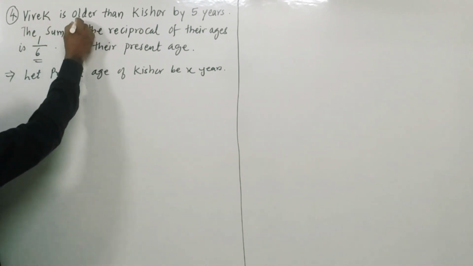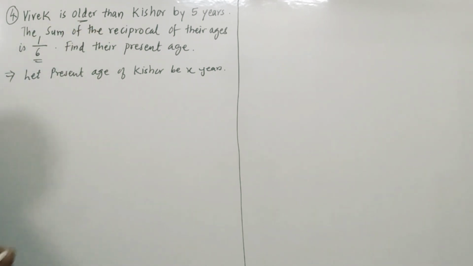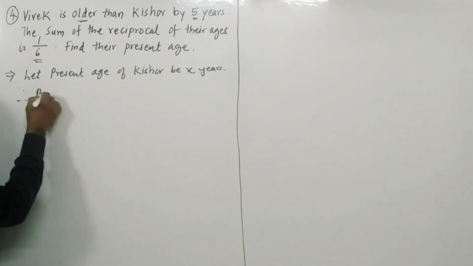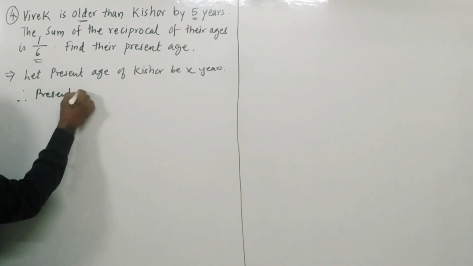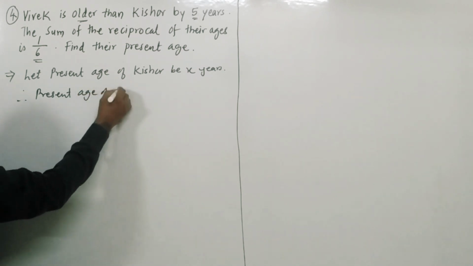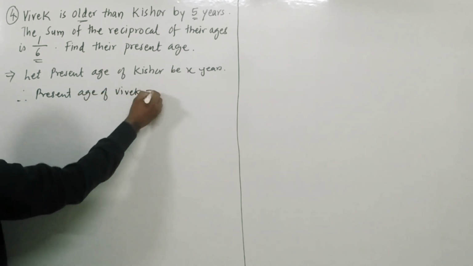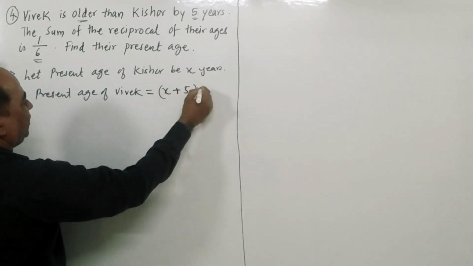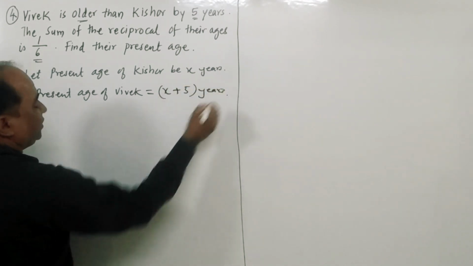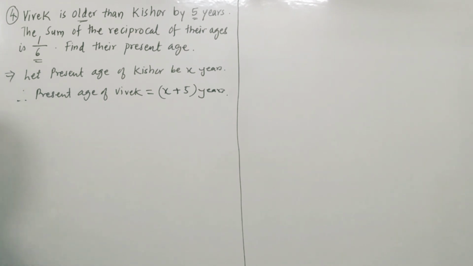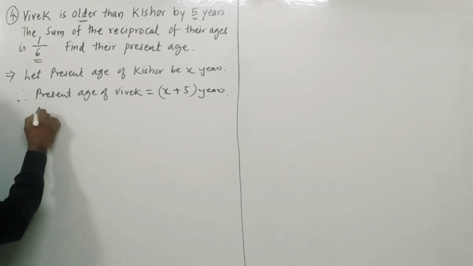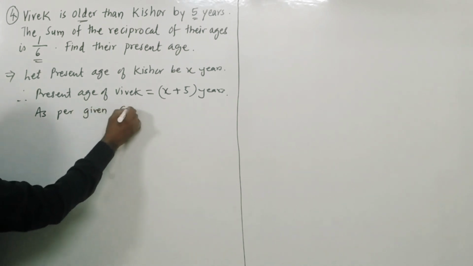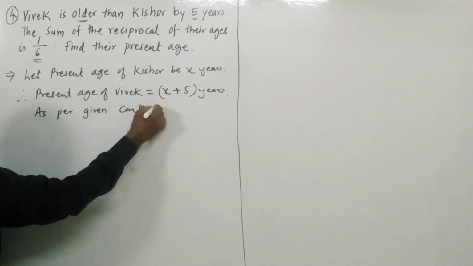Therefore, Vivek is older than Kishore by 5 years. So, therefore, present age of Vivek is, he is older, means he is x plus 5 years. 5 years older, so x plus 5. Now, as per given condition,